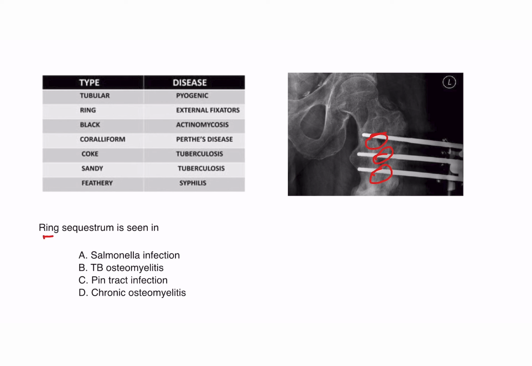So ring sequestrum is seen in pin tract infection, which is due to an external fixator. So what are the other types of sequestrum? How are sequestrum classified based on shapes? A tubular sequestrum can be due to pyogenic infection, and ring sequestrum due to external fixator, pin site, and